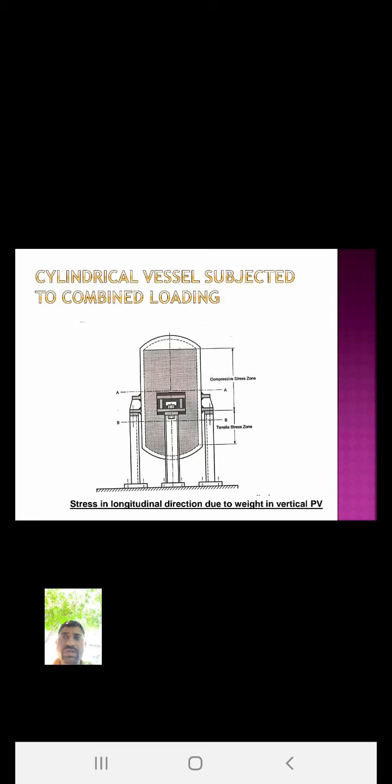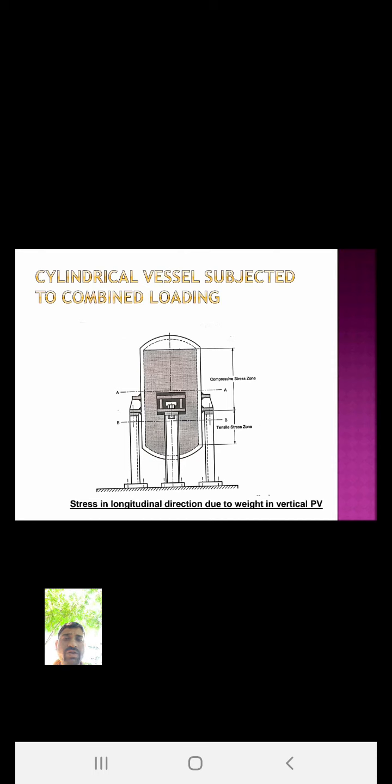The weight of the pressure vessel and its contents induces compressive stresses in the part of the vessel shell at the support, section AA, and tensile stresses in the part of the shell below the support, section BB, as shown in the figure. W is the weight of the vessel shell and attachments above the section AA, and second, at the section BB of the vertical vessel shell below the support,